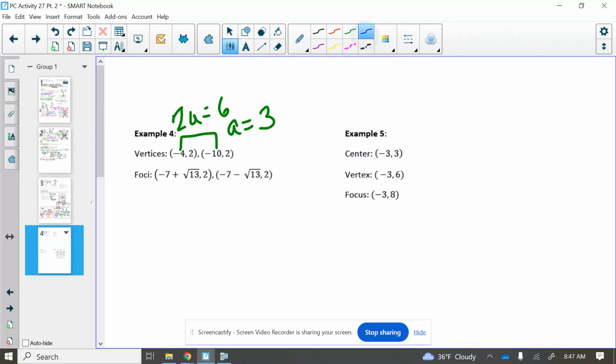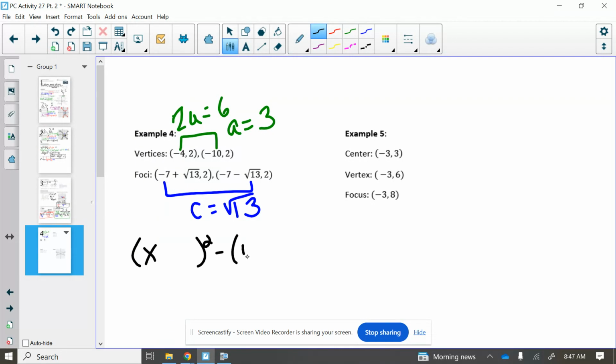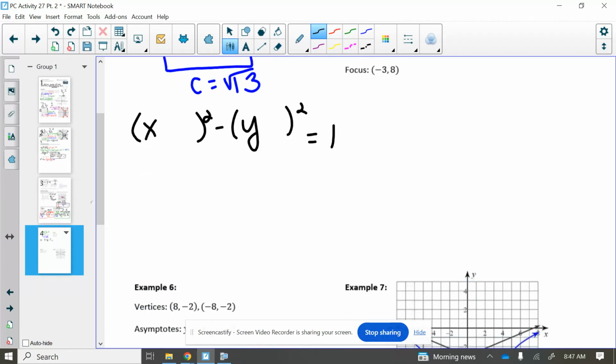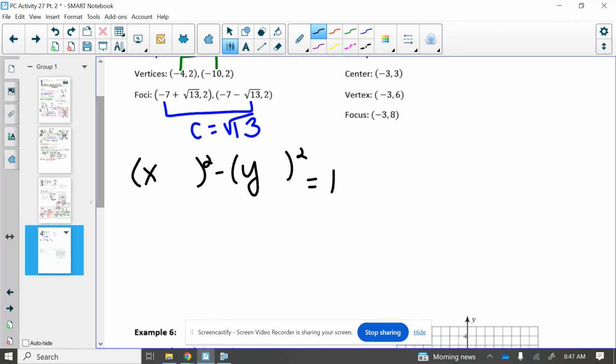The distance between our foci, we're again changing the x values. Square root of 13 is what we are adding on or subtracting from -7. And because those are all dealing with the x values, again, we know it's going to be x first, y second, equals 1. We need to figure out this time that center value